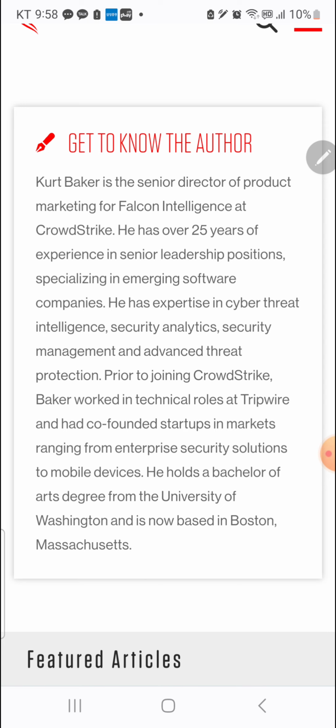He has expertise in cyber threat intelligence, security analytics, security management, and advanced threat protection. Prior to joining CrowdStrike, Baker worked in technical roles at Tripwire and co-founded startups in markets ranging from enterprise security solutions to mobile devices. He holds a Bachelor of Arts degree from the University of Washington and is now based in Boston, Massachusetts.